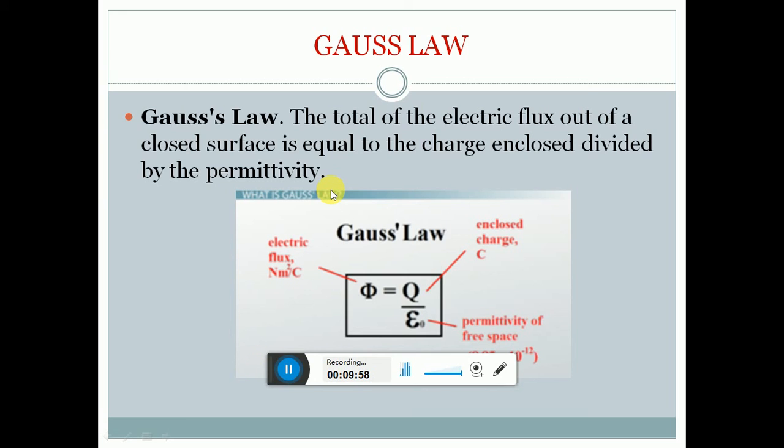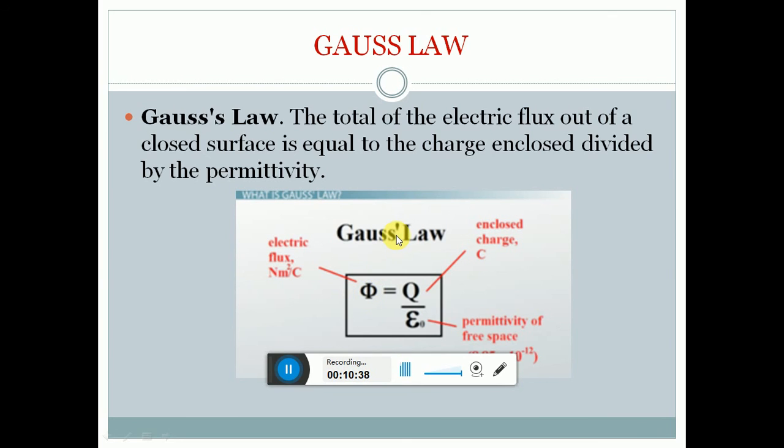What is the importance of this Gauss law? In electrostatics class 1 we studied Coulomb's law. Coulomb's law is used to determine the force of attraction or repulsion between any two charges only. If the system contains a larger number of charges, then it is very complicated to find the force of attraction or repulsion or intensity using Coulomb's inverse square law. In that particular case, we can use Gauss law. If you know the total charge in that system, it is very easy to determine the electric flux as well as the electric field using this Gauss law.